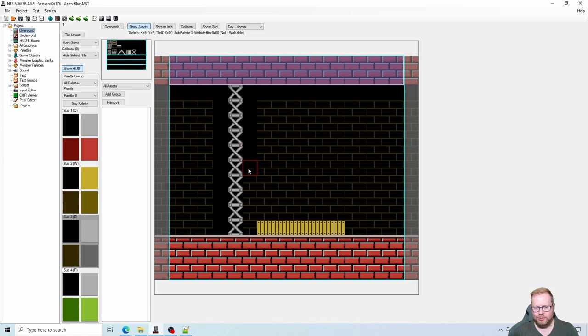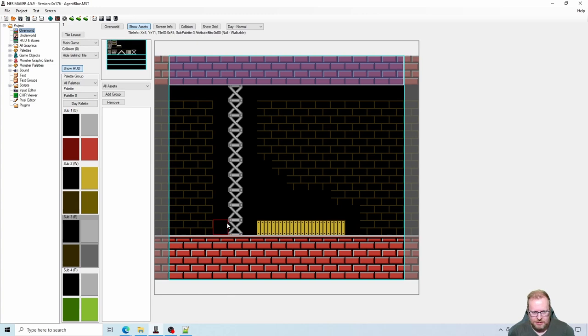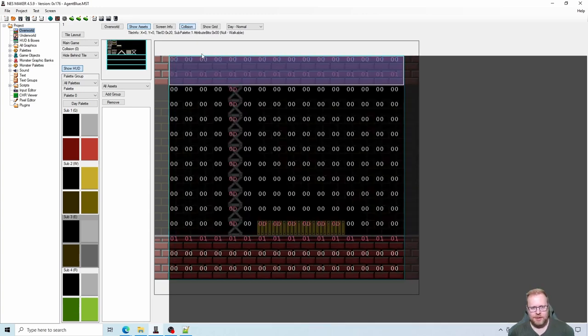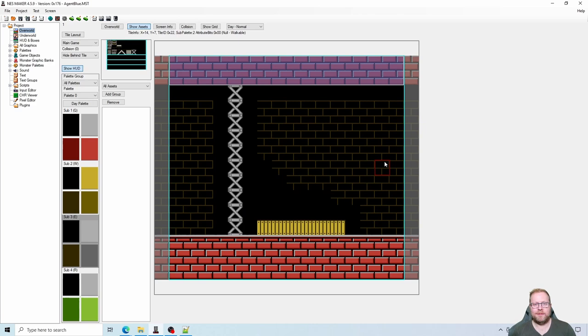So I'm going to draw black tiles around the areas where I have this hide behind tile thing. Something like that. Now there are no tiles next to the hide behind tiles that have any graphics. All these tiles that surround them are completely black, the transparent color. So now, if I test my game,